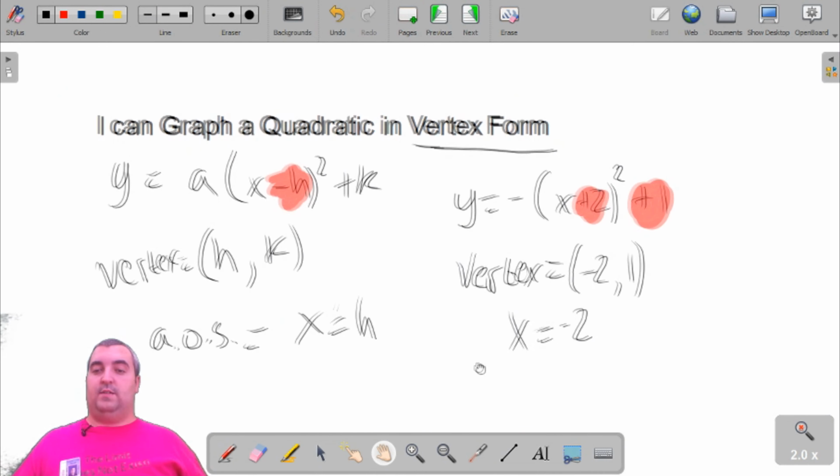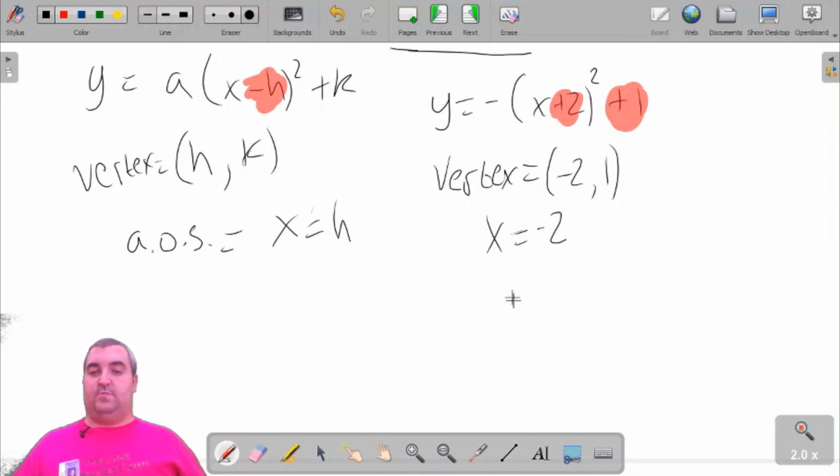So let's go ahead to our graph, and we're just going to sketch it here. Cool. So now, let me change colors. Our vertex is at negative 2, comma 1. So there's our vertex. And just like before, as long as our vertex isn't the y-intercept, the y-intercept is going to be the next easiest point to find,